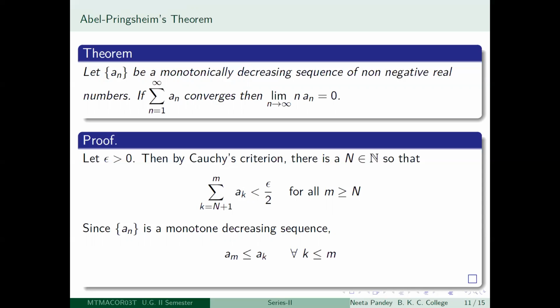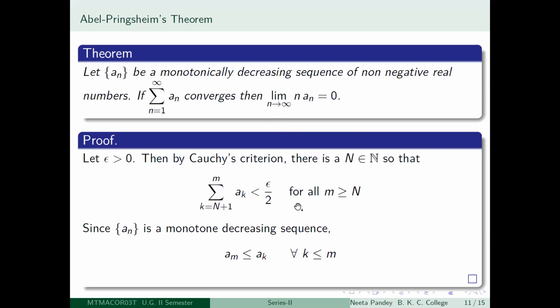Suppose I take epsilon greater than 0. Then again, by Cauchy's criterion, there is a positive integer capital N, so that the summation from little k equal to capital N plus 1 to m. See, notice here I am not writing the little n anymore. Instead of little n, I am using capital N plus 1. That is perfectly all right. So the summation of ak from k equal to N plus 1 to m will be less than epsilon by 2, by Cauchy's criterion. And why is there no modulus sign here? Because now your aks are all greater than or equal to 0, right? They are non-negative real numbers.